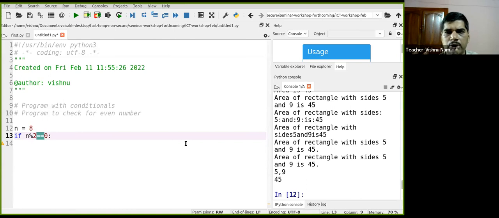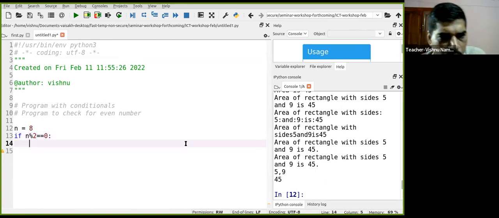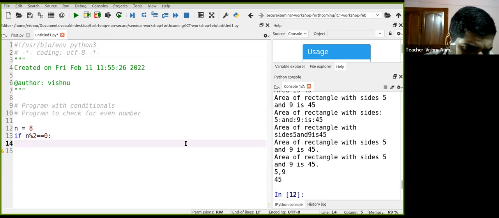We understand that equal to means different things in two situations, but the computer cannot understand that. Therefore, to avoid ambiguity, programming languages use double equal to for checking equality and single equal to for assignment. So single equal to is called the assignment operator, and double equal to is called the equality checking operator. If n % 2 is equal to 0, now you can see that when I press the enter key,